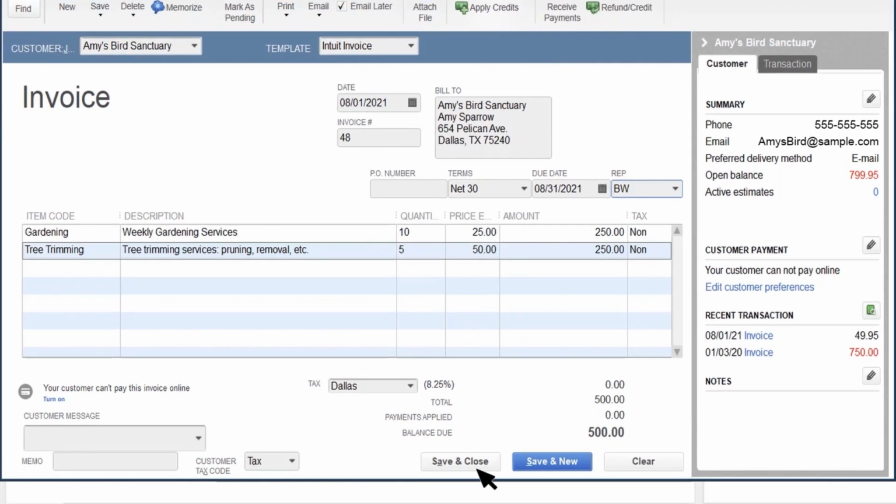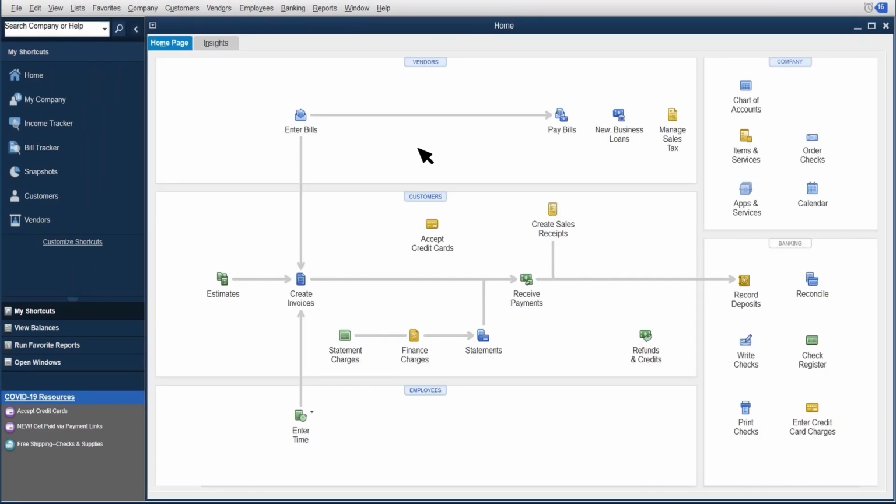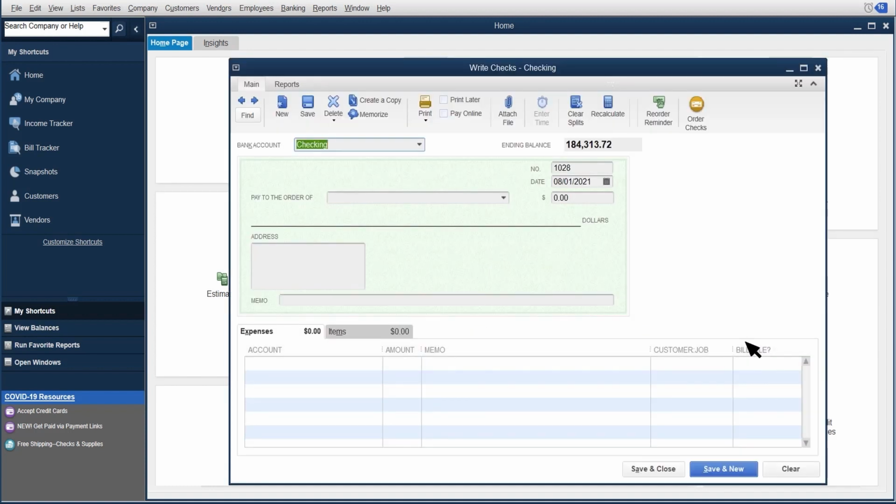If you save the transaction, QuickBooks creates and saves the transaction right away. Since you already told QuickBooks when to create this transaction in the future, you don't need to save it. Instead, select Clear, and then close the transaction. We went over how to memorize an invoice, but you can also memorize bills, credit card charges, checks, and more. Just fill out the form and select Memorize.